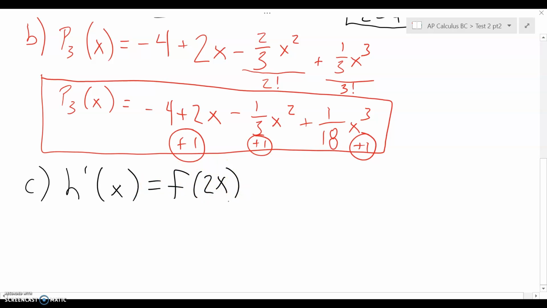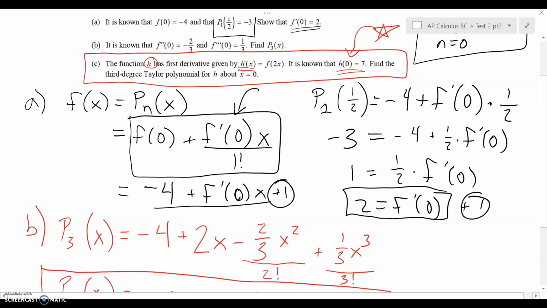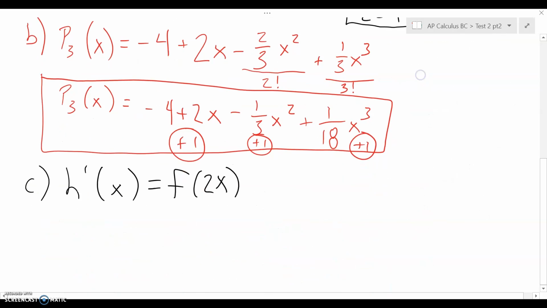And we're going to integrate both sides. So I want to integrate this thing, but I'm only after a 3 to the power of 3 expression. I'll scroll back up and make sure that's accurate. So we want a third degree, so we want to get to the power of 3. So I certainly don't need any additional terms, and if you think about what integration is doing, we're going to